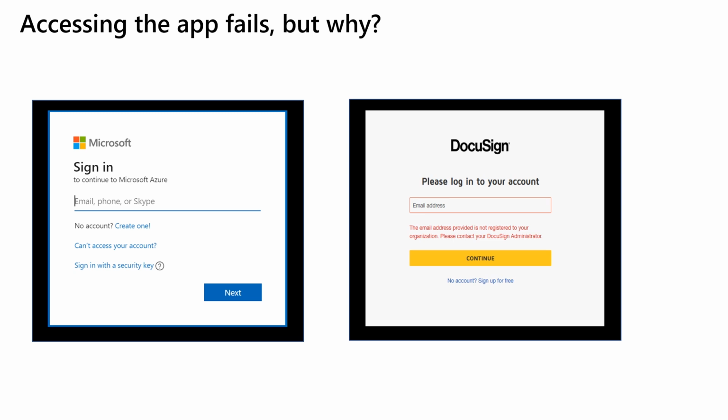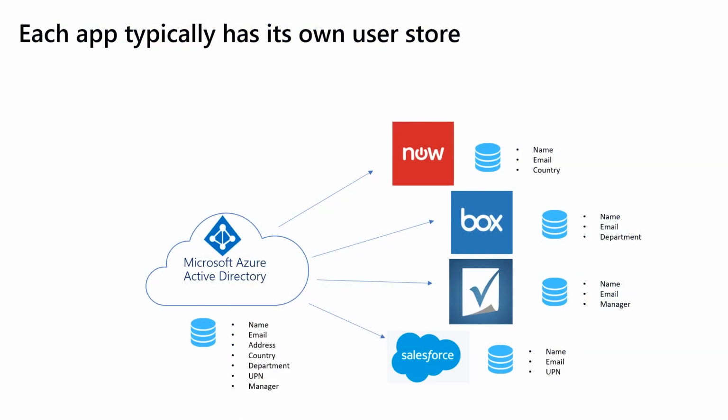But on the right side of the picture, you can see if the user does not exist, they'll get a weird error where the error might say that the user does not match or the email address is not associated with that organization, and such kinds of errors. So it's important that all these applications which users are trying to use generally have their own user store and a group store. Sometimes they do have different types of roles and authorization mechanisms also built into that application. So let's look at the different applications and how they actually store the user credential.